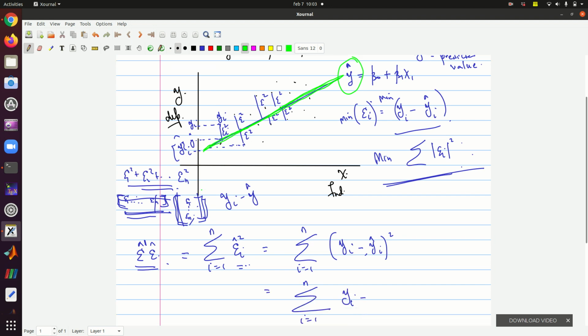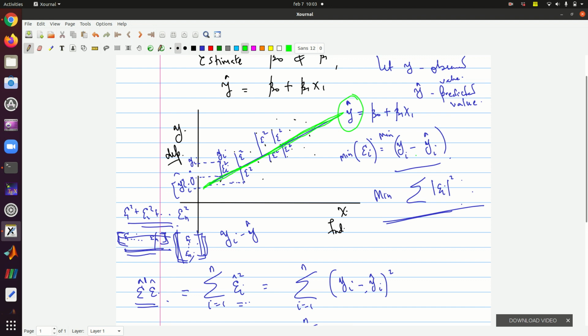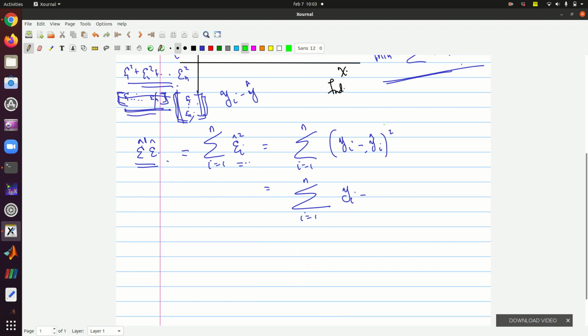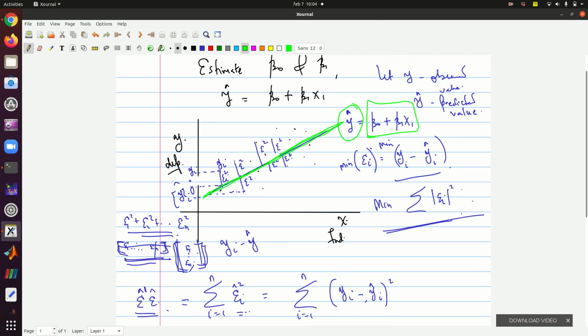So that y hat, of course, we know it is a straight line, and we have given it by the equation of a straight line there, beta naught plus beta 1 x. We shall add the hat just to show that it is the predicted values here. Okay,